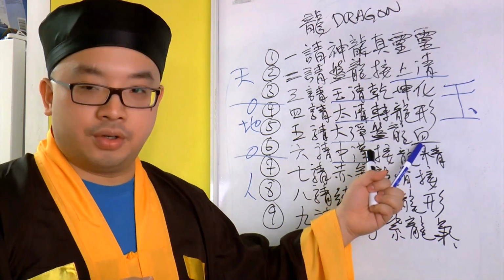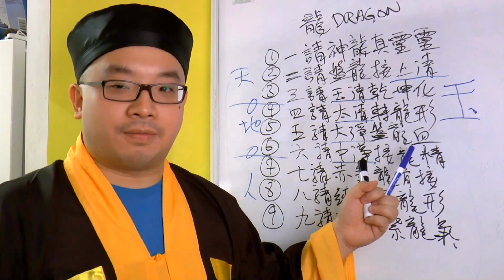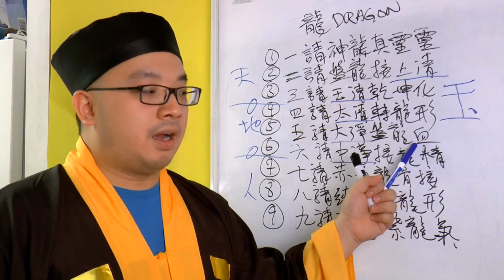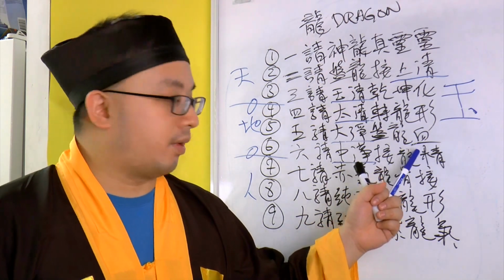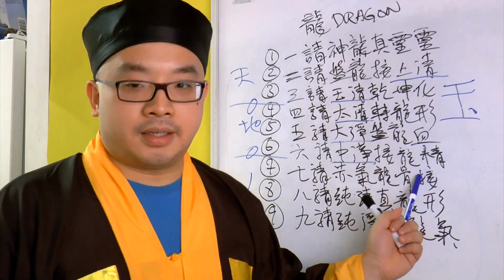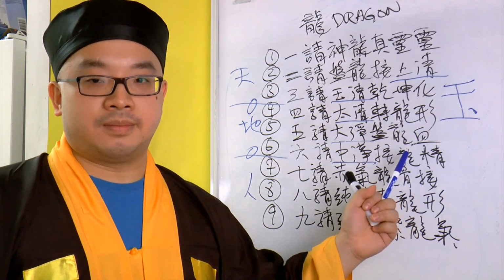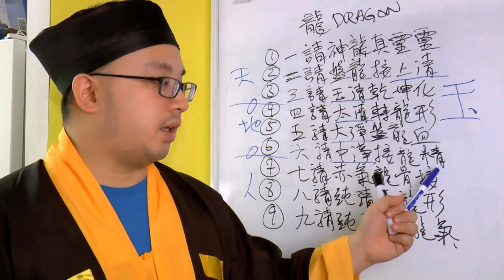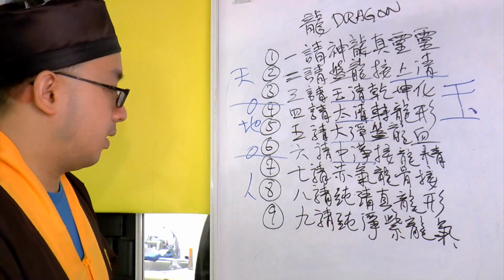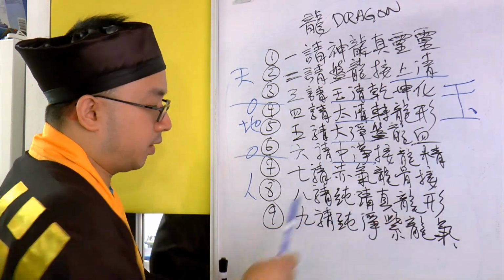The 血 is the essence of life. It's like, okay, this is the hunger feeling. Without the hunger feeling, you cannot really keep going, right? Jing, it's the want of eating. Now you hunger, but you cannot want to eat. Now this is the want to eat. This is the jing. 七請赤氣龍骨接.